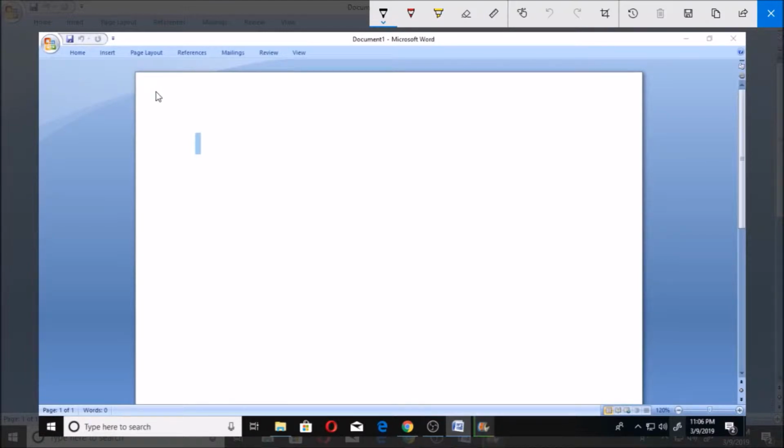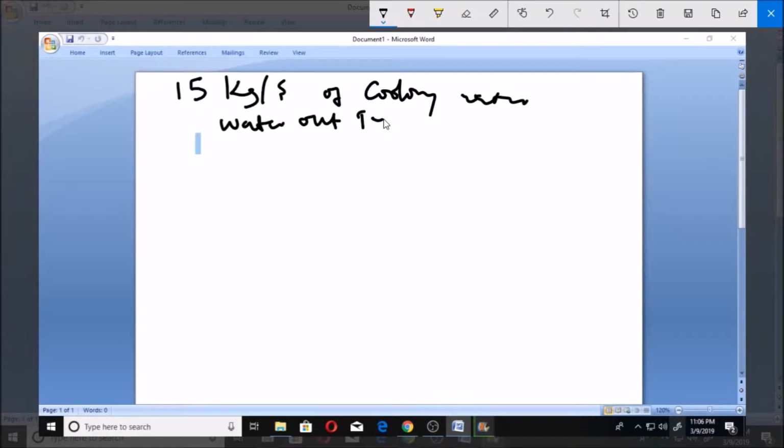Let's look at this adiabatic saturator problem. A plant requires 15 kilogram per second of cooling water to flow through its distillation equipment condenser. The water will leave the condenser at 318 Kelvin. It is planned to cool the water for reuse by contact with air in a countercurrent adiabatic cooling tower. The dry bulb temperature of the entering air is